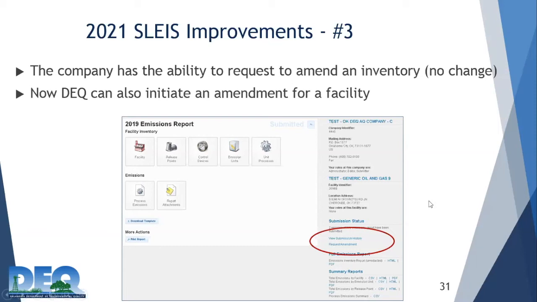So we will always be contacting you. If we do open up one of your reports, we'll call you or email you or do both and let you know it's there for you to correct. And we aren't just going to open it up if we're unsure if it needs correcting. We will make sure first.